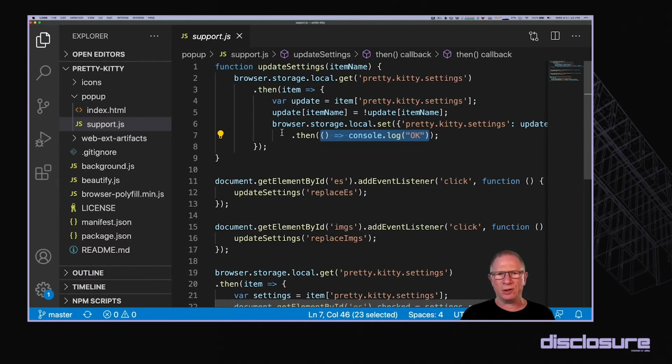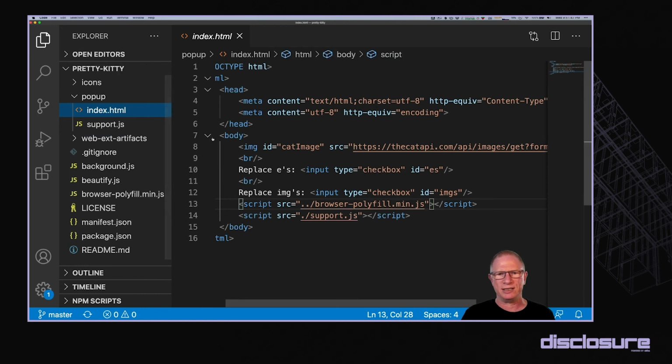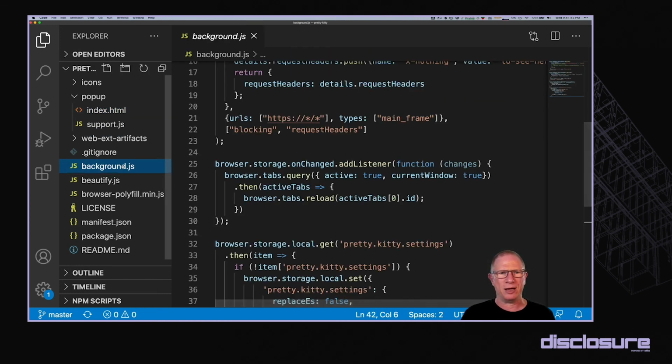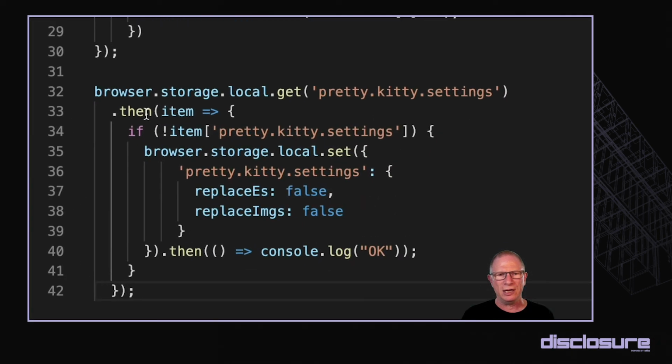Now you may be wondering what actually changes the umlauts and how that all happens, because all that we're seeing here is kind of state management. And in order to dig into that a little further, we need to take a look at our background.js. Now this is really the main event, but I wanted to start with the pop-up because it's pretty easy to follow what's going on here. So let's look at background.js next, and here we're also going to scroll to the bottom, and the very first